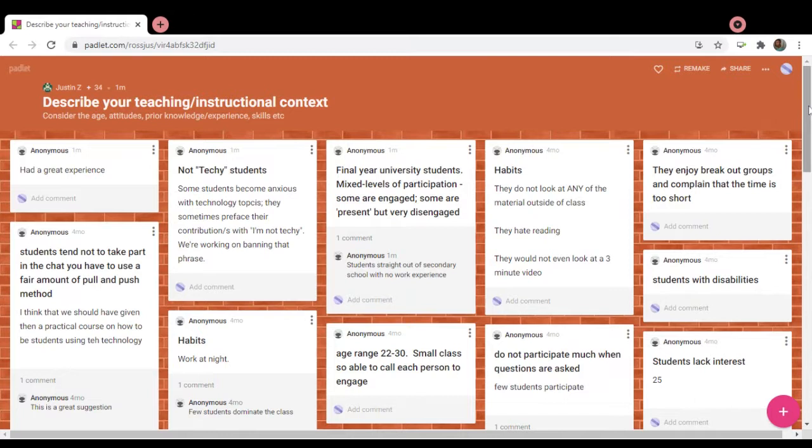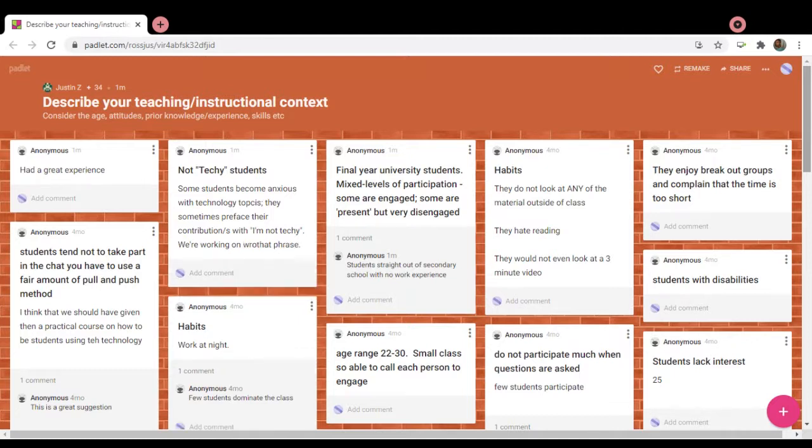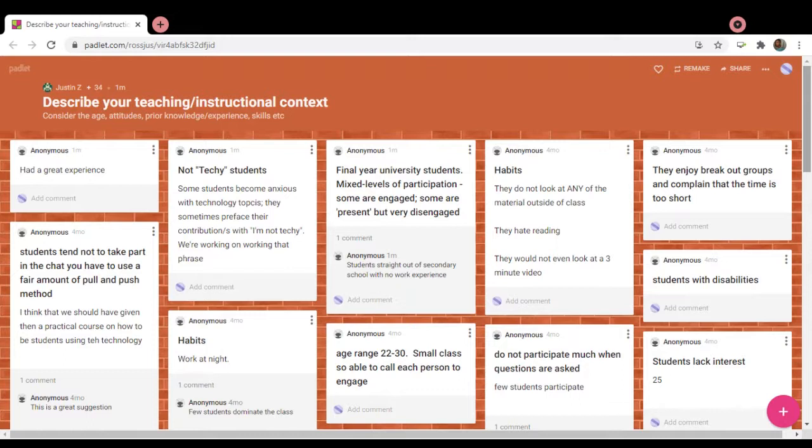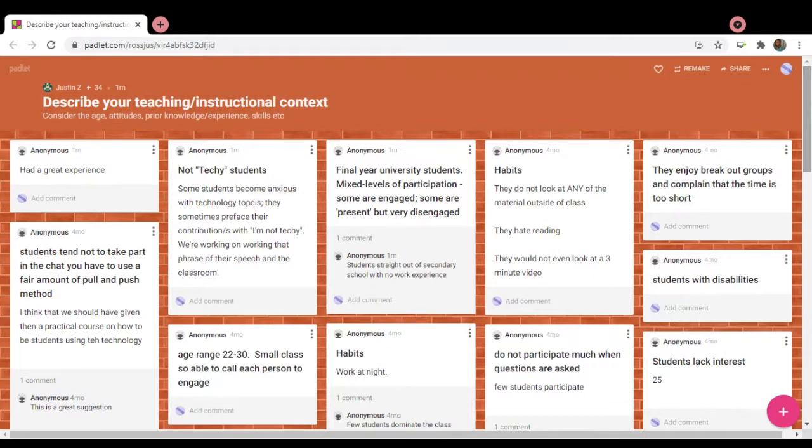In some cases, you might have students to consider: the age, the personalities, the prior knowledge. All these things you want to consider in your particular educational context. Do you find that in your educational context you have a limited set of resources? All these things you want to be mindful of, because these things inform what we call your educational or instructional context.